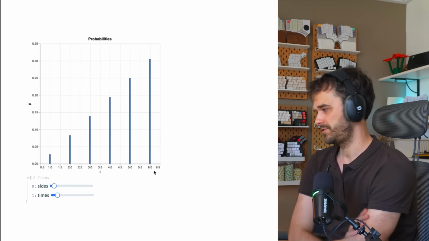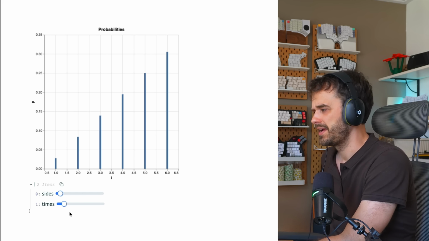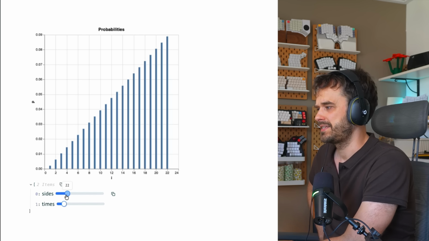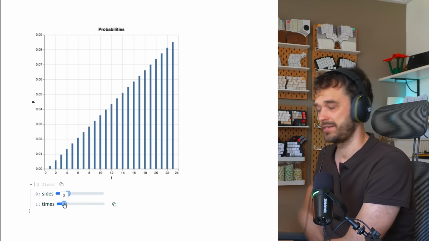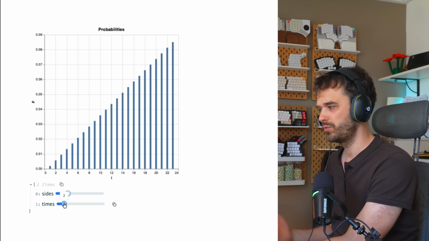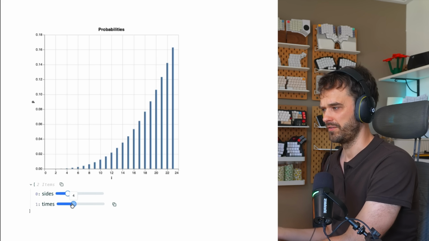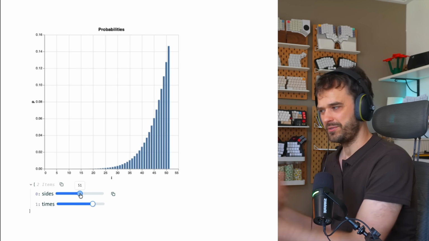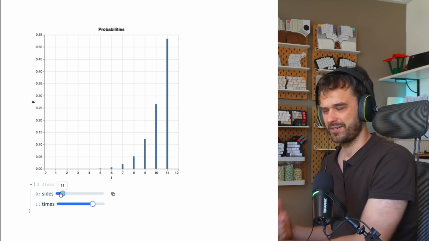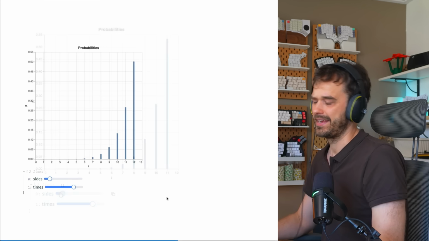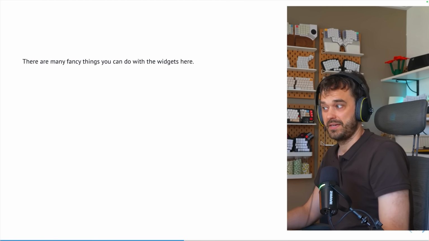Under it now appear two sliders. This is for a dice, by the way. The whole point is that you can roll a 6-sided dice or maybe 23-sided dice, and you can take the maximum number of eyes out of 2 rolls, or maybe 3 or 4 or what have you. But the really cool thing here is that I can just mix and match my Python code with widgets inside of a slide deck. And as the next slide will tell you, there are many things that you could do